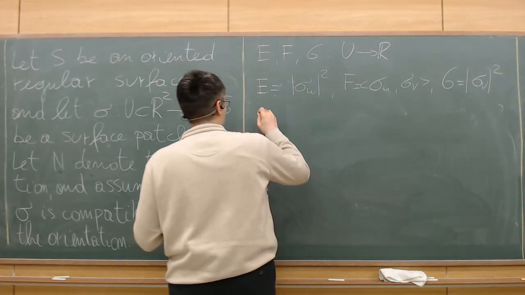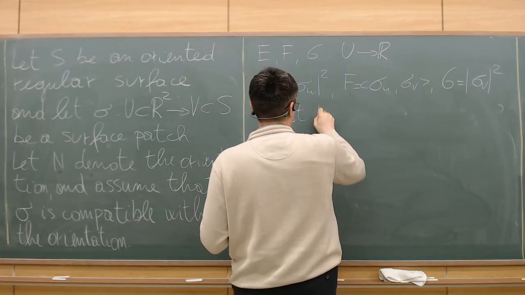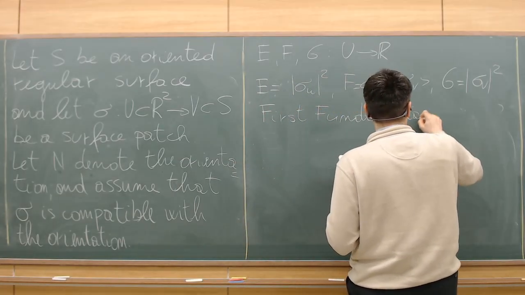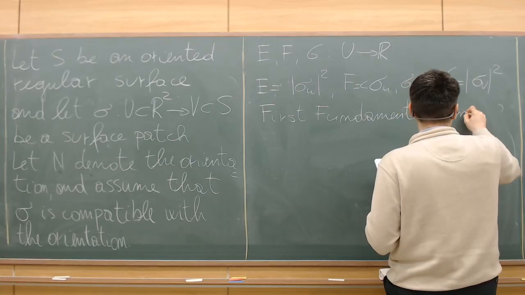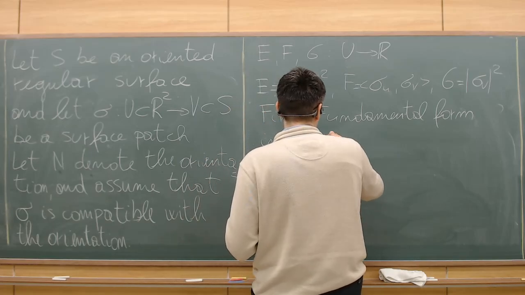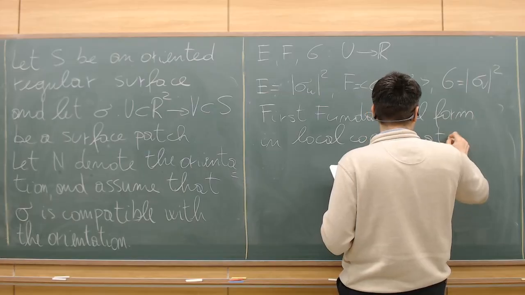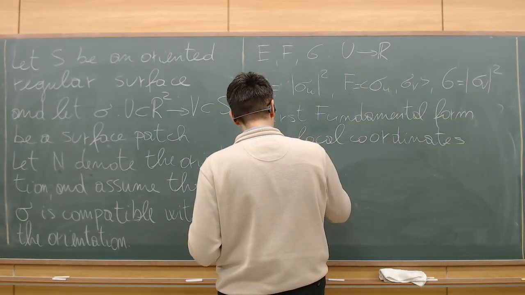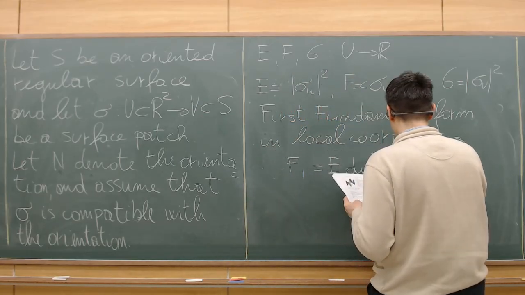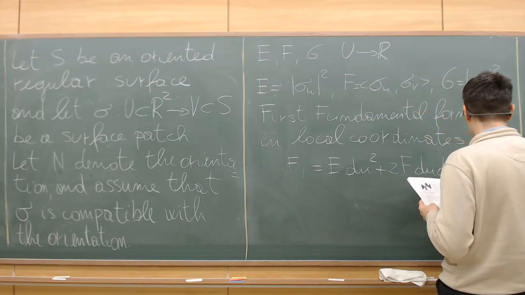And we wrote down the formula for the first fundamental form in local coordinates, which is F1 equal to E du squared plus 2F du dv plus G dv squared,